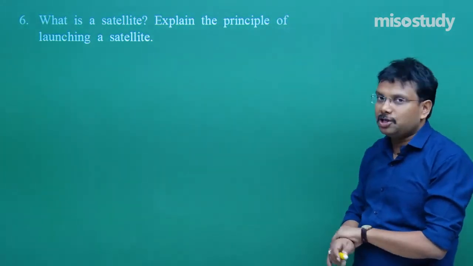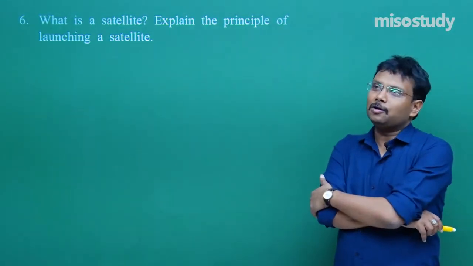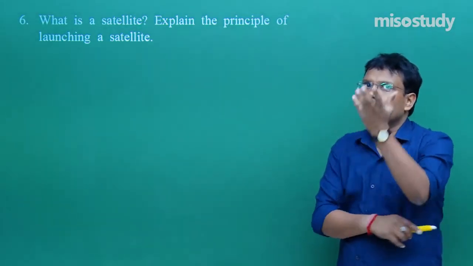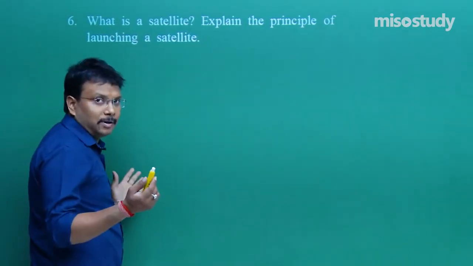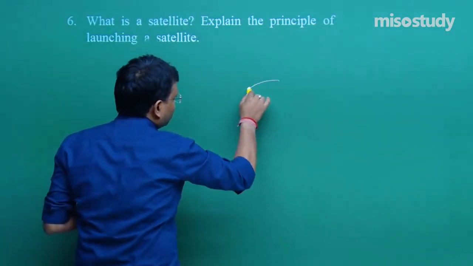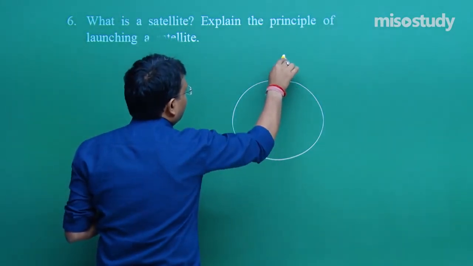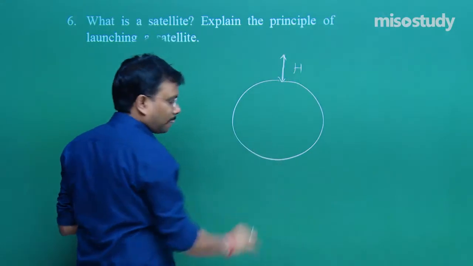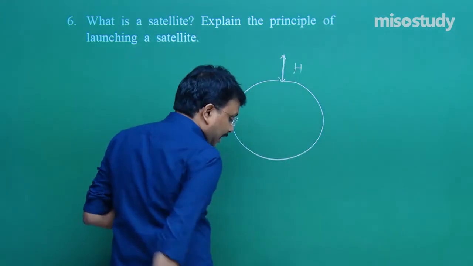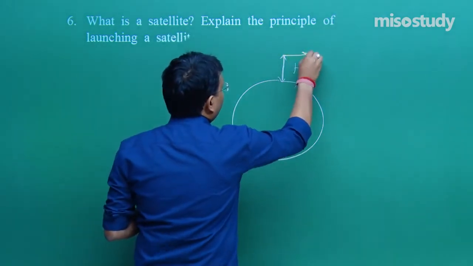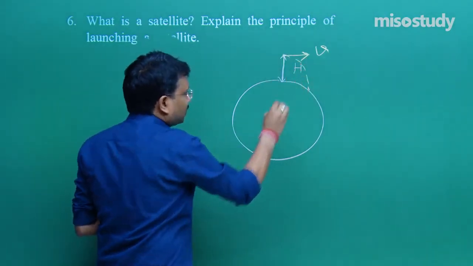Explain the principle of launching a satellite. Now, principle of launching a satellite means what? It is not that you have to mention any specific rule. Principle is simple. Try to understand. I hope the answer of this first statement is simple to all of you. Then this second: consider a situation, a tower of height h, and if I am throwing any object in horizontal direction with velocity v, what will happen? It will fall at the surface of the earth.